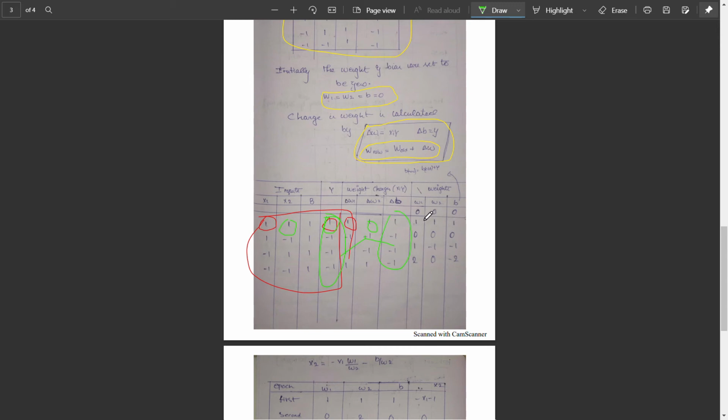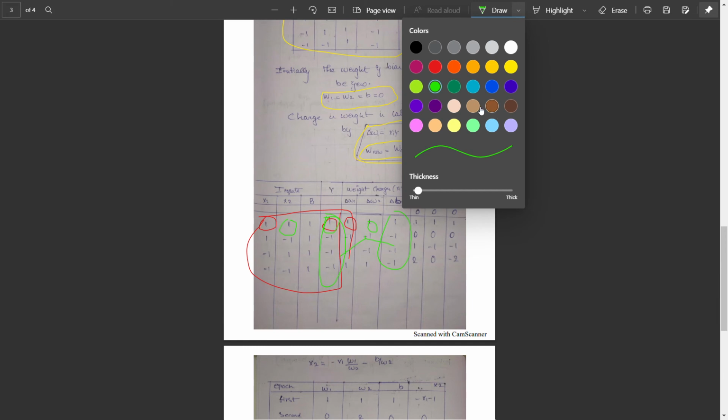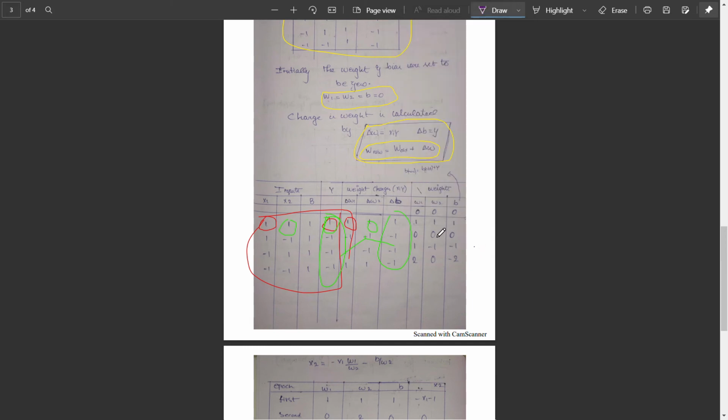Then for W1, here is the main thing, weight updation. First we do W new. To find this we need to add the old value plus Del W. We initialized the weights to 0, so W old is 0.